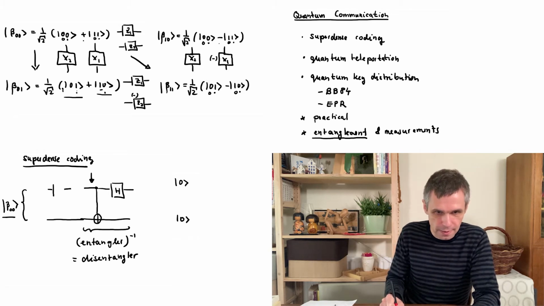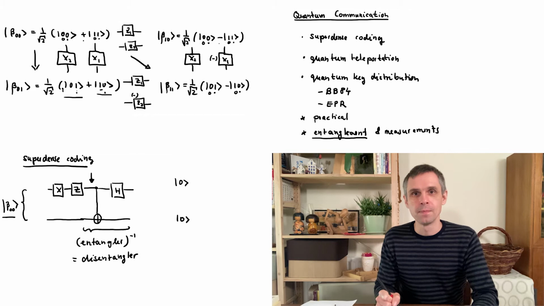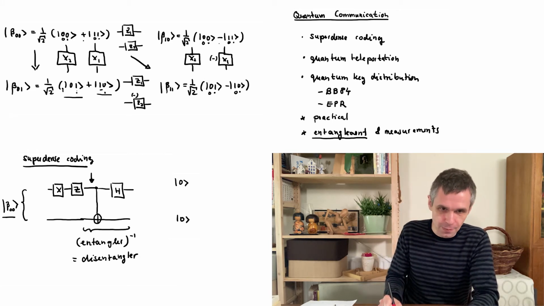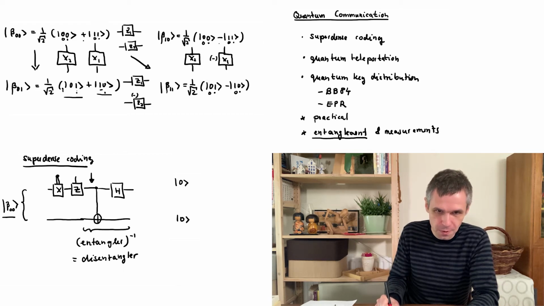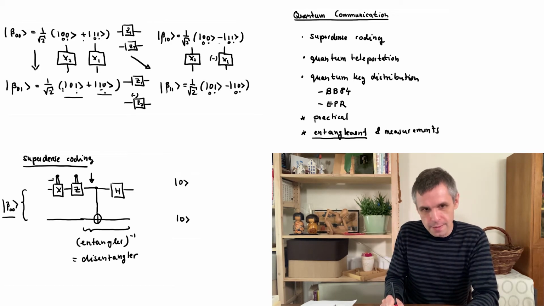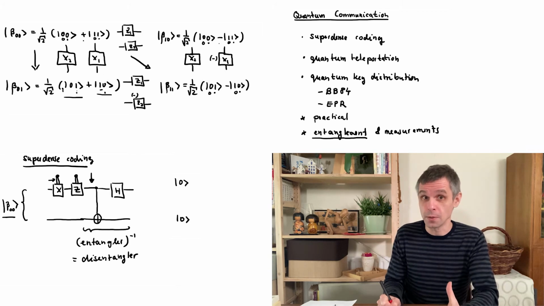Namely by inserting an X gate and a Z gate at these two positions, but we will use these not all the time, and for this I'm going to introduce a new very simple symbol, namely this symbol here. We say that these double lines are lines of classical communication,